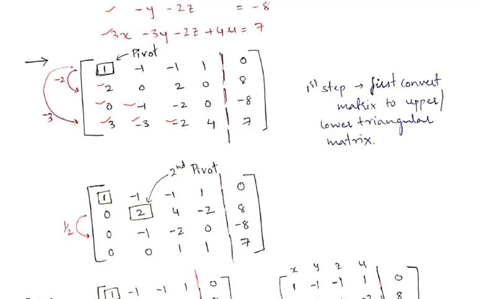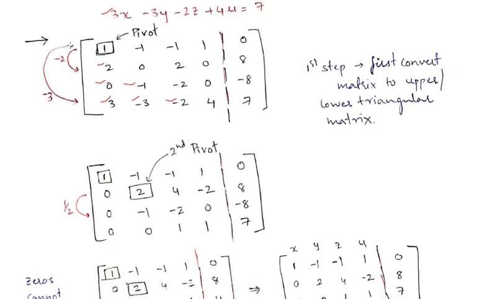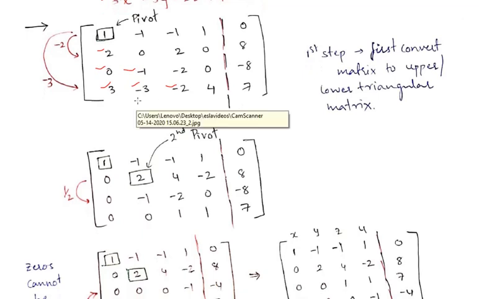Okay, so considering the first row here, you can see the operation I have written. I have done a row operation. To make this 2 a 0, I multiplied by minus 2 here and added to this row. What this says is that I am multiplying row 1 by minus 2 and adding to row 2: row 2 equals row 2 plus minus 2 times row 1. So what will we get here? We will get 0 and here 2, 4, minus 2 and 8. Okay, you can solve it by yourself also. I'll just tell you the technique.